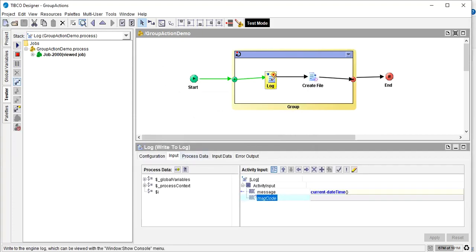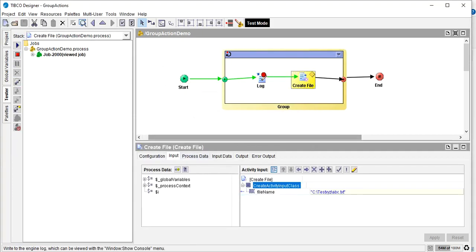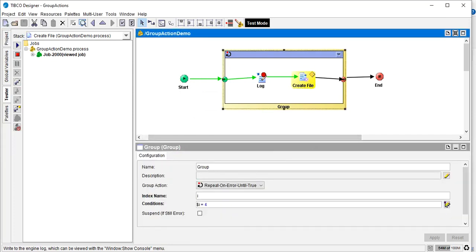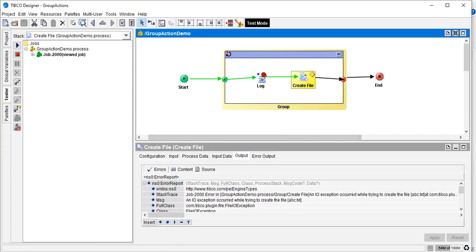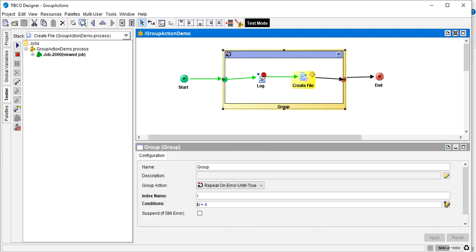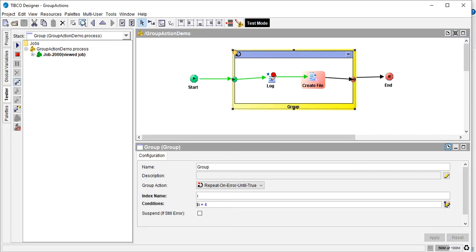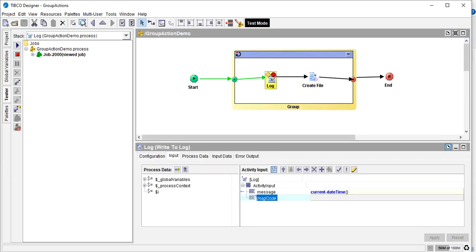Okay, so let's go to the next. So if you see here, the output for the create file is an error because it says IO exception while trying to create the file. And in the normal scenario, the process should get aborted. But since we have this repeat on error until true, if we run again, you can see that again it has iterated. So now it's going to the log again